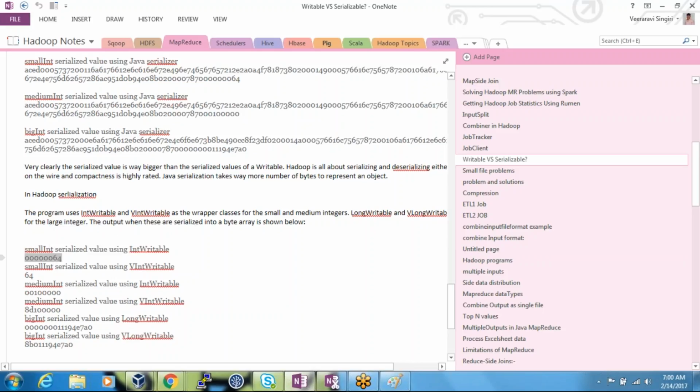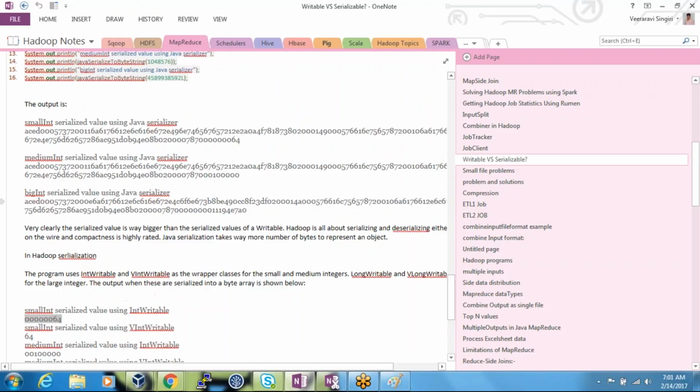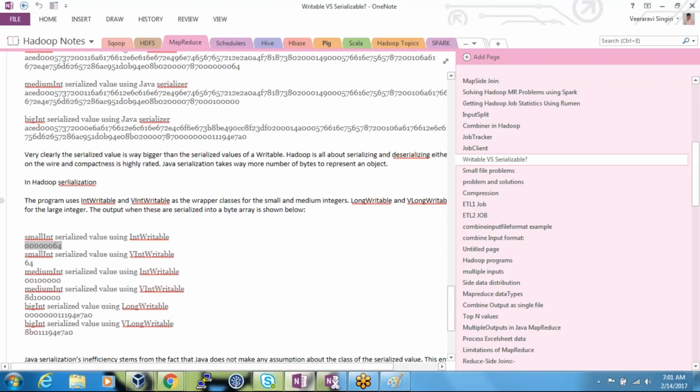So this information is very small to transfer through a network, compared to this. So it can quickly go through a network. That is the one reason. The second reason is, when I go with Java serialization, I don't know whether you guys remember or not,